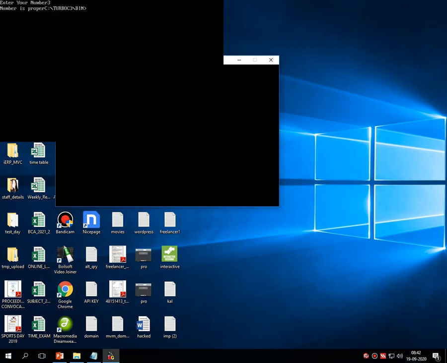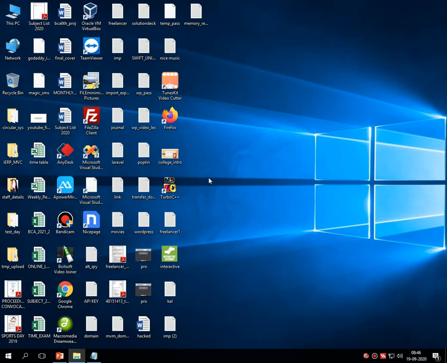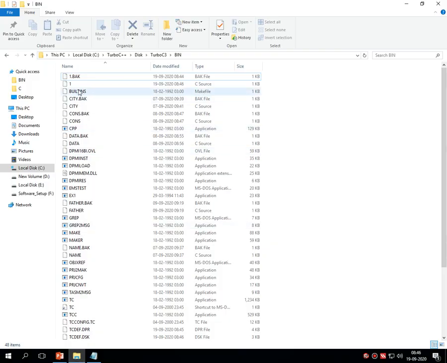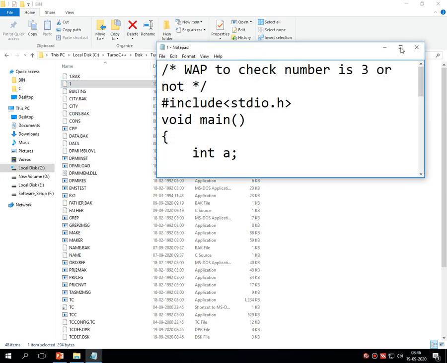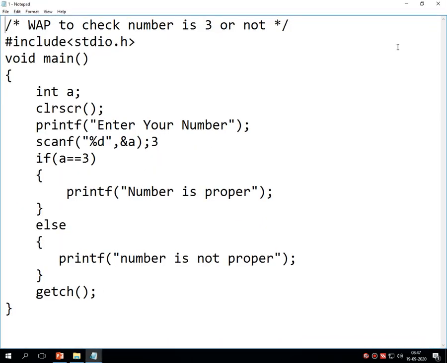Let's check over the Notepad editor for better visibility. My file name is 1.c. I am opening this. Yes, it's there onto the screen. Write a program to check the number is 3 or not. Hash include stdio.h, then void main, opening bracket as well as the closing bracket.